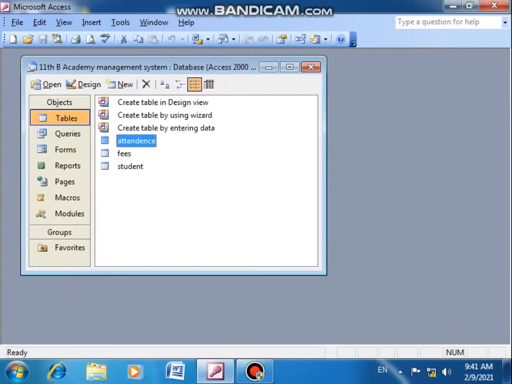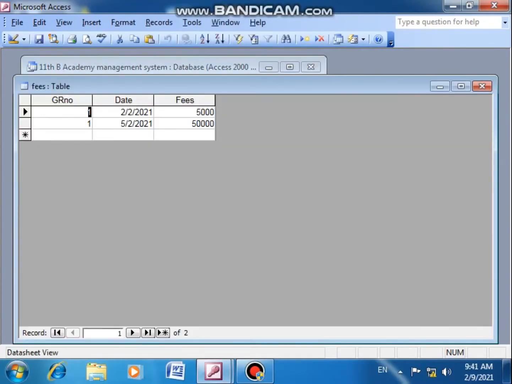Now we will be doing the entries in the fees table. Roll number 1 came and paid the fees. We keep today's date only, that is 9/2/21, 5,000. Roll number 2 also paid the fees on 10th.